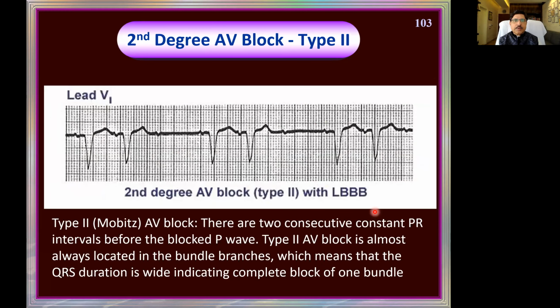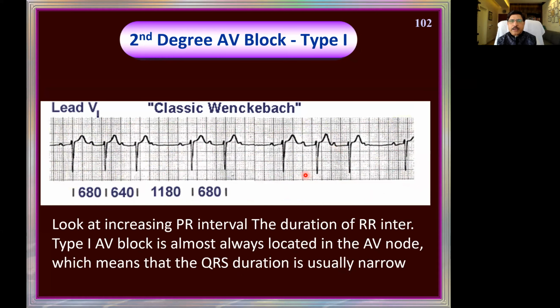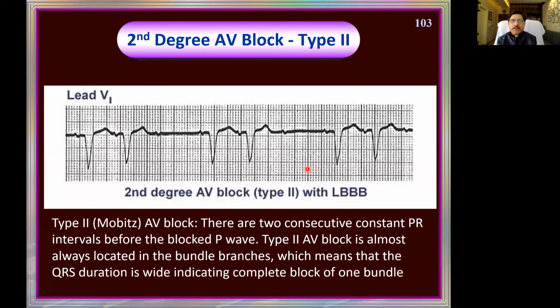Now let us see the ECG for that. Second degree AV block, type 2 with left bundle branch block. Forget about the left bundle part. That we will come to once we have the left bundle block, and we will understand that. Remember only one thing: when there is a bundle branch block or in type 2 block, the QRS will be wider. Normally you see the QRS in the previous one, very crisp, and it finishes within 0.08 or 2 small squares. Whereas here, the QRS is wider, somewhere around 4 squares. You see here, 1, 2, 3, nearing 4 squares or more than 0.1. That is one feature: QRS must be wide.